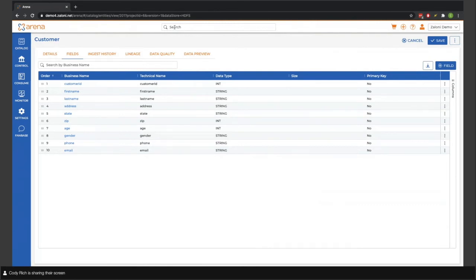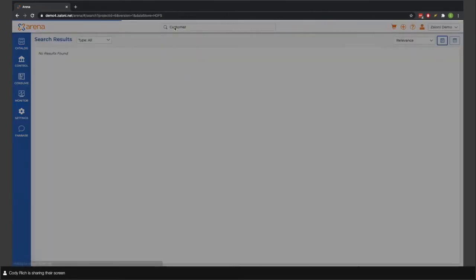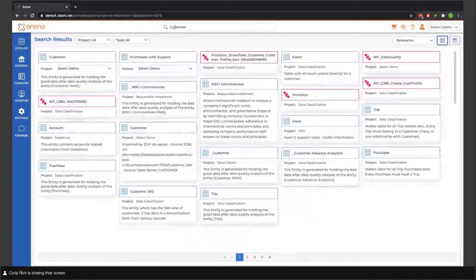So let's say I'm a business analyst and I've been tasked now with creating a report. Maybe it's a monthly report or a new report that's going to help drive value for my company. I can simply search whatever I need to find up here. In this case, again, we'll look for a customer table, and I get back all the results that I have access to across my different projects. So certainly, again, keeping in context with access control limits, but for everything that I do have access to, let me look at that and